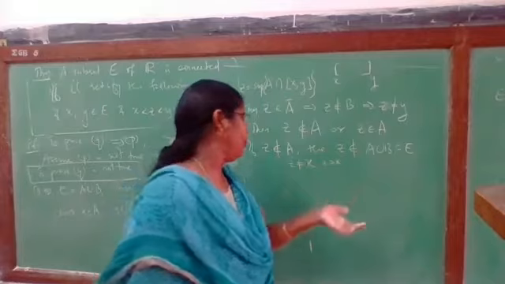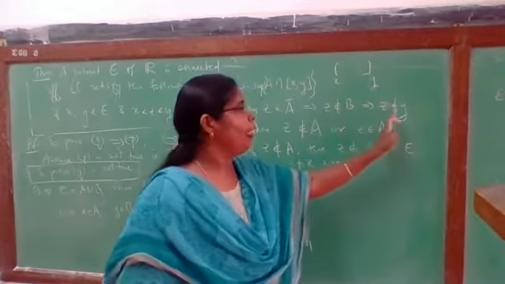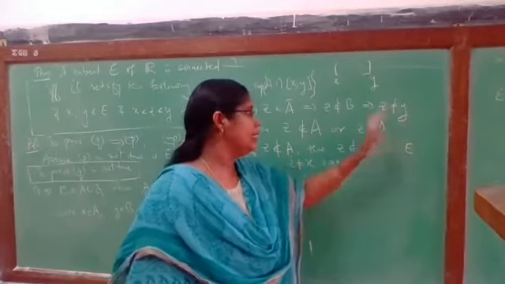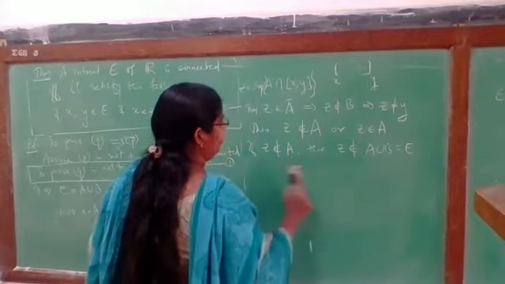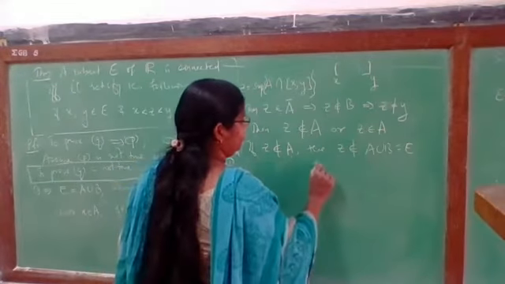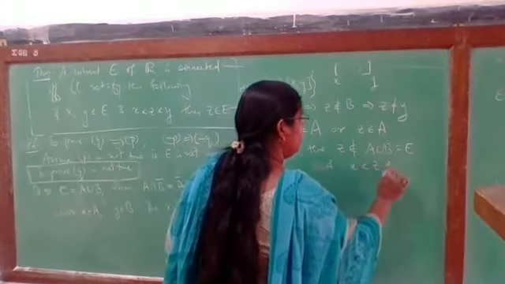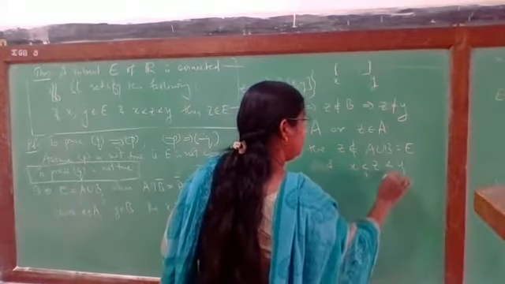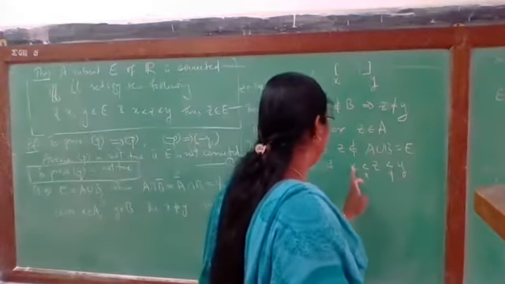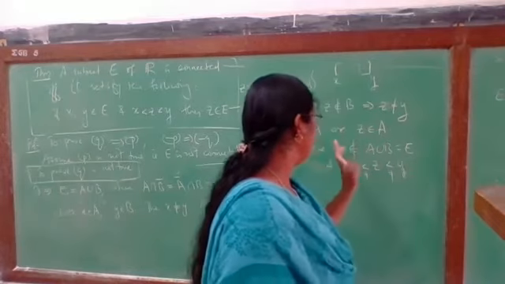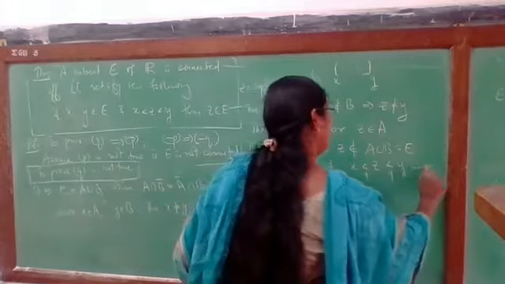That means Z is strictly greater than X, since Z is an upper bound. And Z is not a point of B implies Z is not Y, and Z is strictly less than Y. So what we have is Z is a point in between X and Y: X less than Z less than Y, they are not equal. That means we have some point X in E, Y in E, and Z satisfying this relation, but Z is not in E. So it proves the theorem.